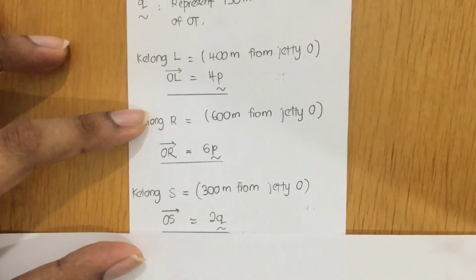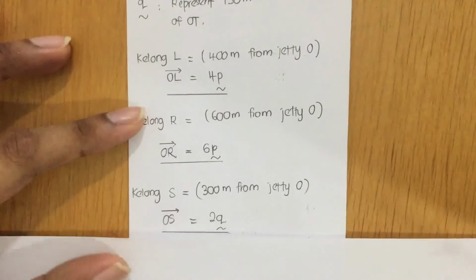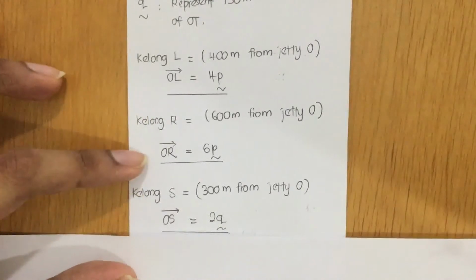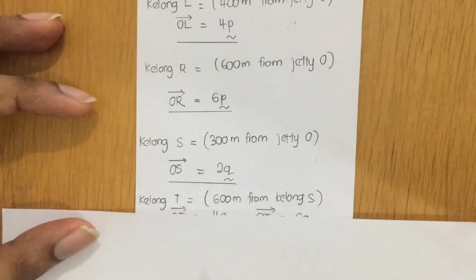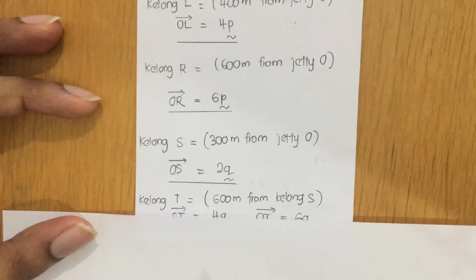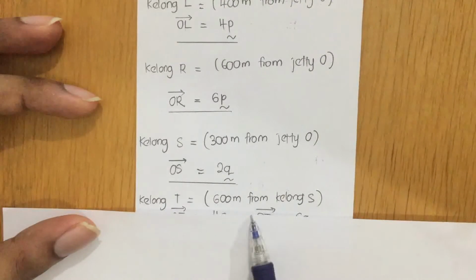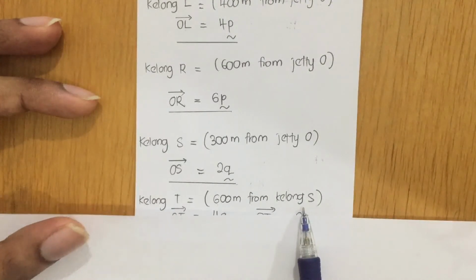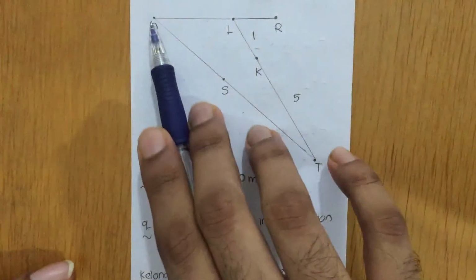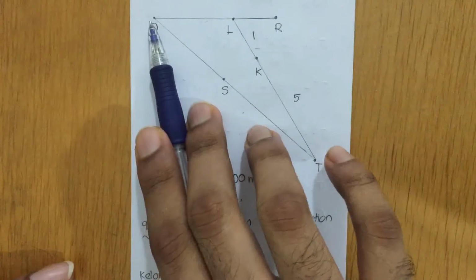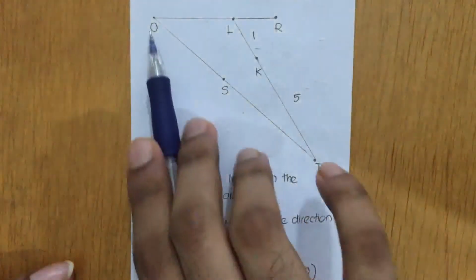So I hope you understand the concept, guys, behind this. Once you find Kelong S, then you proceed to find the remaining Kelong, which is Kelong T. Kelong T is actually 600 meters from Kelong S. 600 meters from here, that means what will be the distance from position O. So from the position O,